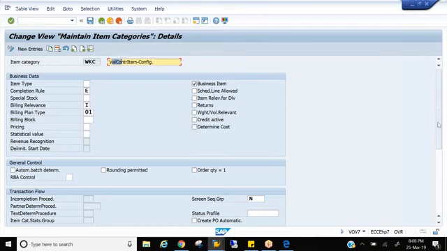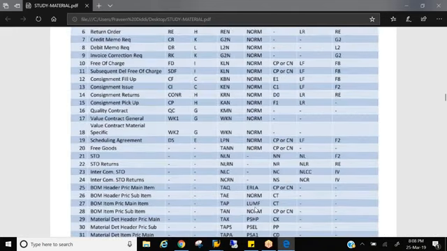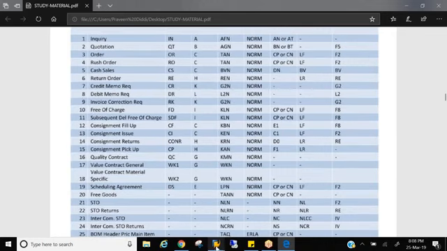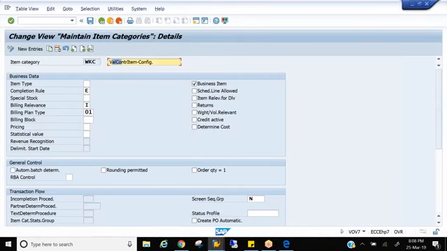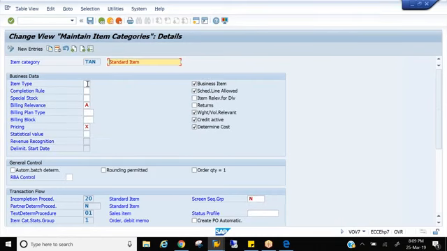Lots of item categories like this. You need to remember all these item categories. Then only you will know the functionality of that field in that particular item category. Just practice, you will pretty easily remember it by seeing the screen. It may take a little time, 3-4 days, not a week. Okay. Now let's discuss the controls. First, let's go to the standard item category TAN. So, item type.